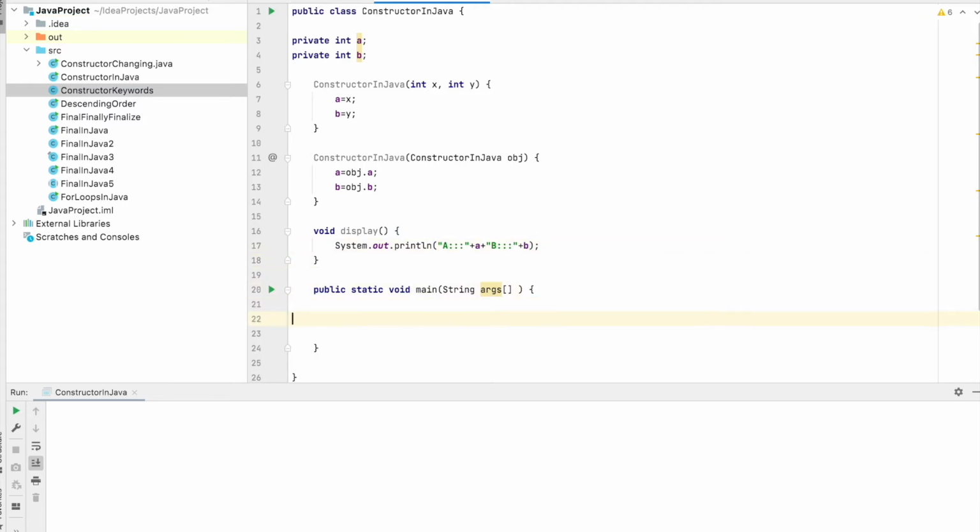Now let's create the object. By creating the object we are going to call the constructors.